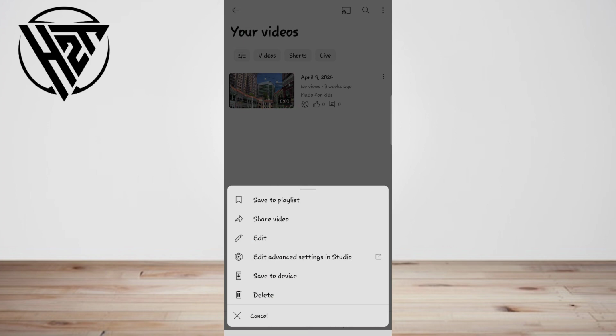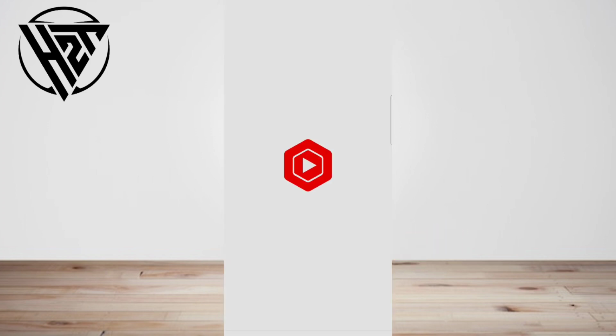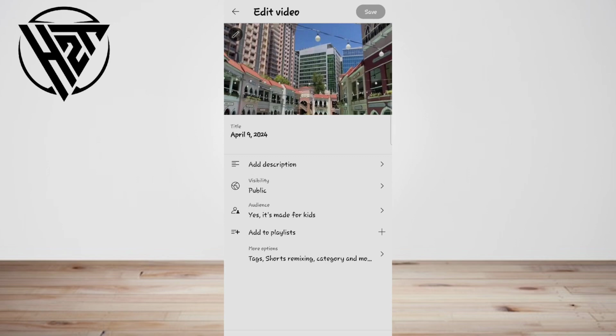Find yourself in your Creator Studio on the sidebar, where it is now your Creator Studio. Click the Video button there just under Dashboard and you will see two options under Video Manager, which is Videos and Playlists. Make sure you are on Videos. Find the video you want to make private.